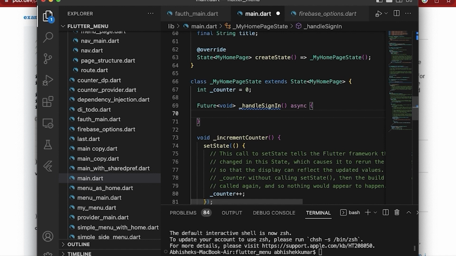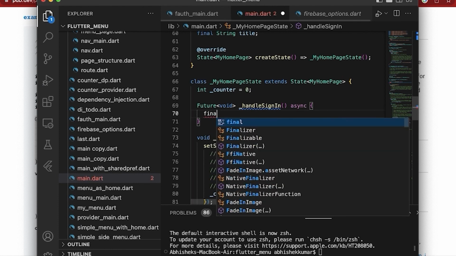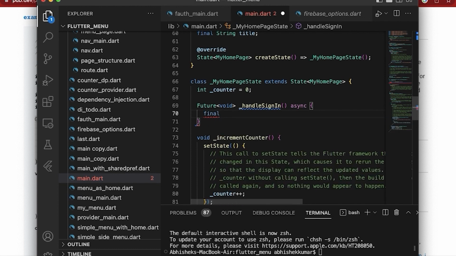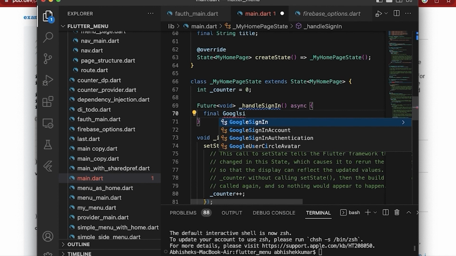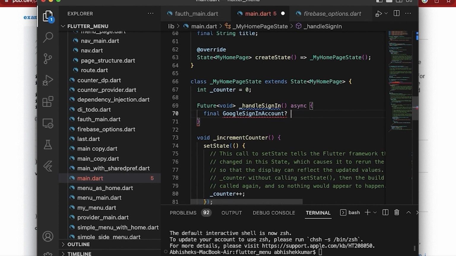and now we need to call the Google sign in and use a variable of type Google sign in account to get the return value, and that needs to be of type final. So here we have Google sign in account, nullable, and we will name it